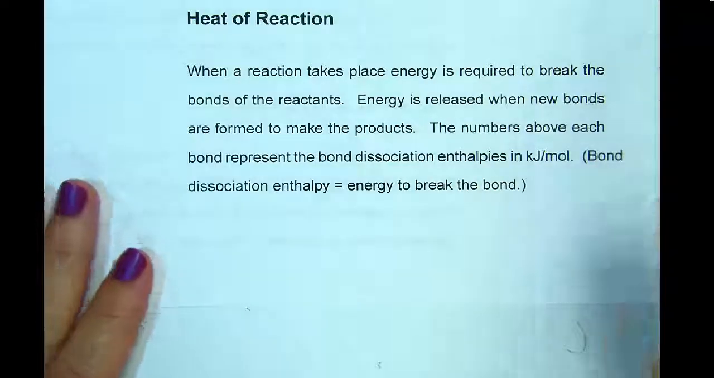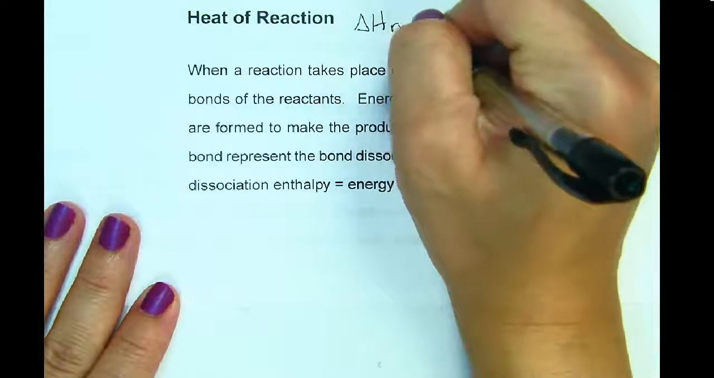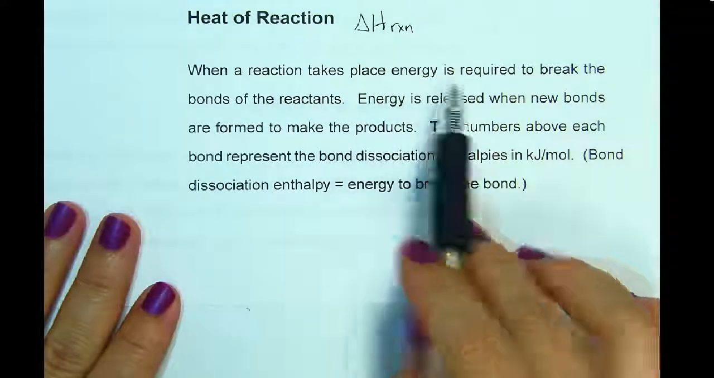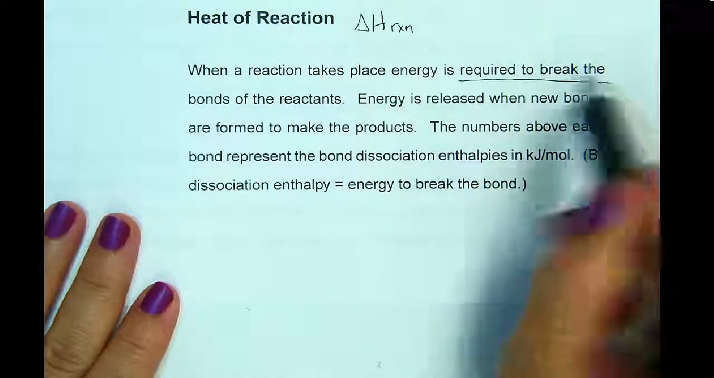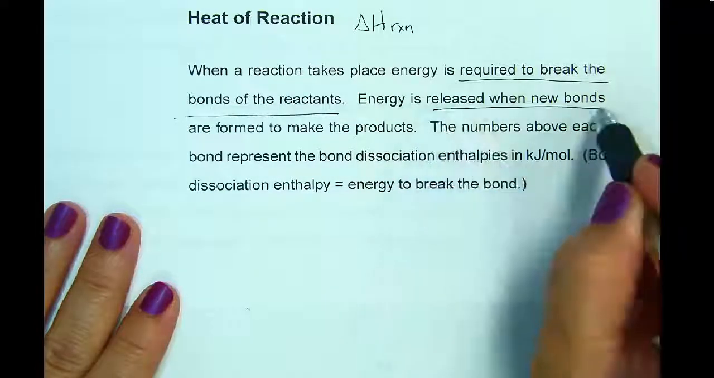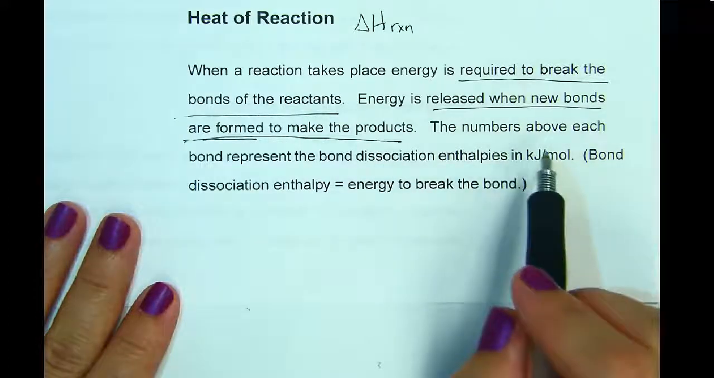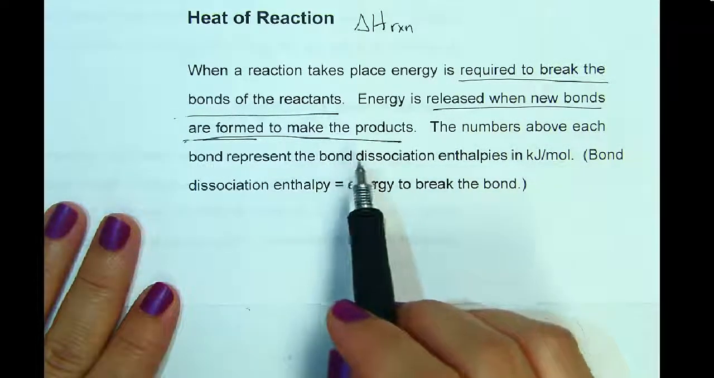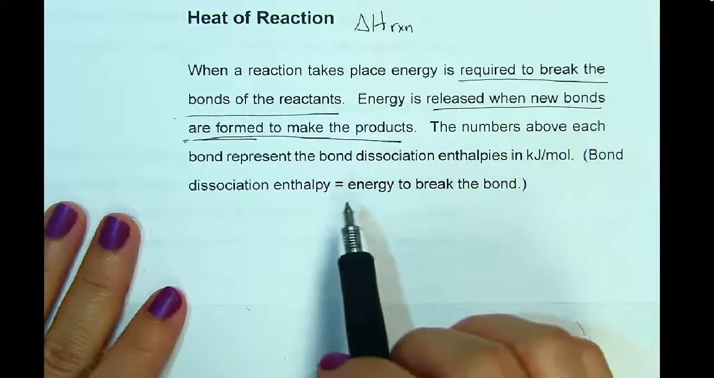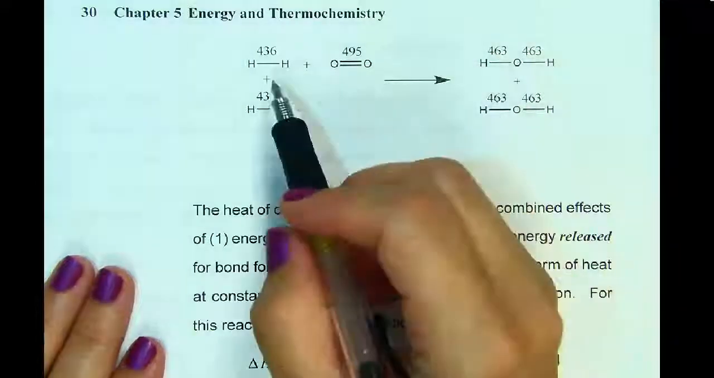So the heat of reaction, which you're going to see represented as delta H of reaction very often: when a reaction takes place, energy is required to break the bonds of the reactants. Energy is released when new bonds are formed to make the products. The numbers above each bond represent the bond dissociation enthalpies in kilojoules per mole. Bond dissociation enthalpy equals the energy to break the bond. So here, if you have